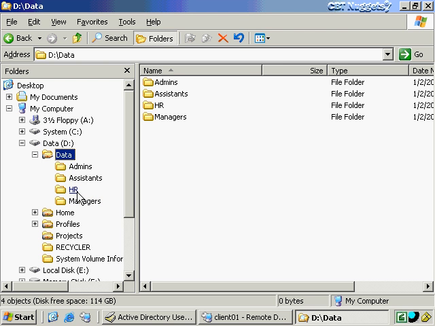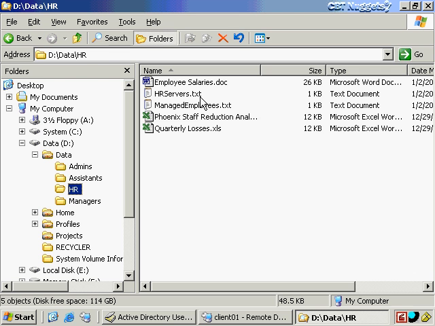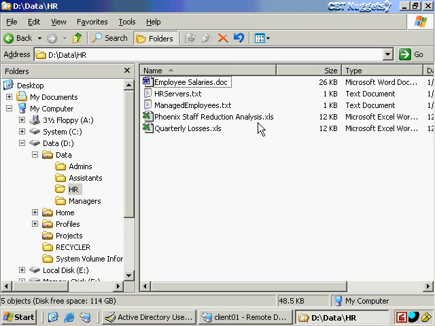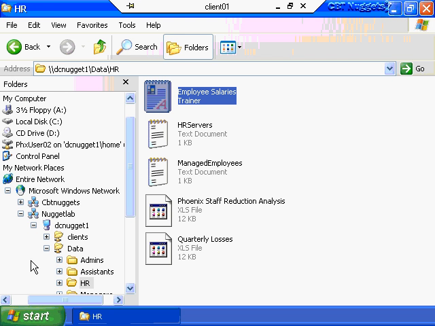For example, in HR here, we've got employee salaries. Well, we don't want them seeing that. How about this? Phoenix staff reduction, well, I guess I'd better expand that column a little bit. Okay, Phoenix staff reduction analysis. So we don't want them to see that. So in fact, I've got a member of Phoenix assistants who's logged on right now, and that's Phoenix user 02,